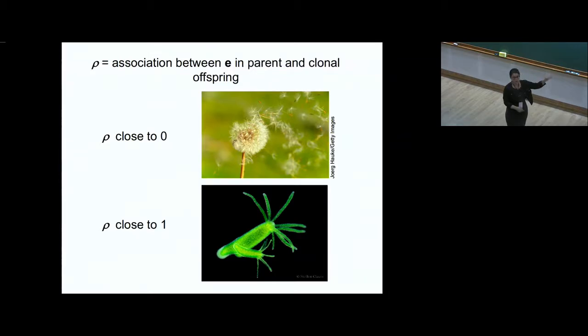But rho might be closer to 1 for an organism whose offspring phenotype sort of comes out of a fully developed adult phenotype, if you like. So if there are aspects of the phenotype of this hydra that develop over time, you might imagine that some of the offspring that it clones from its body, so to speak, that little clone has experienced the same sort of environmental effects that the parent had. So it might be higher. So this is going to depend on the type of clonal reproduction, but in general, we think it will be non-zero. Okay.